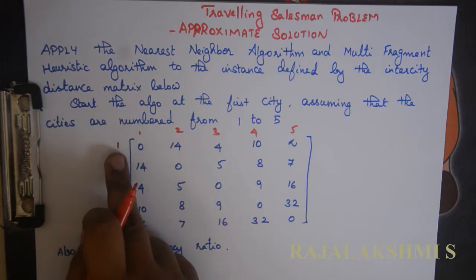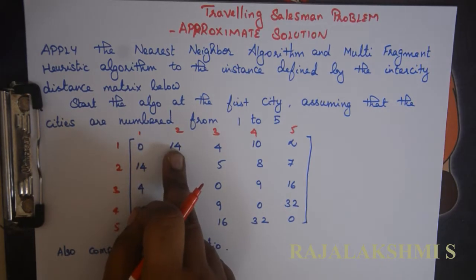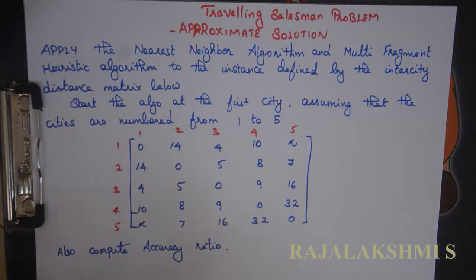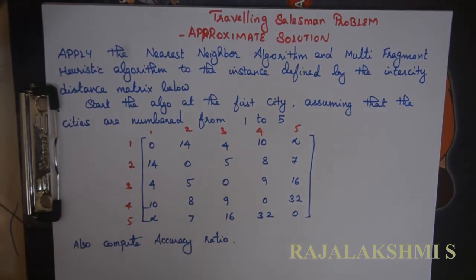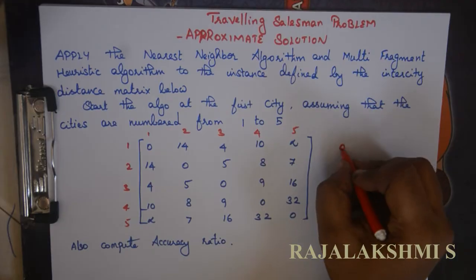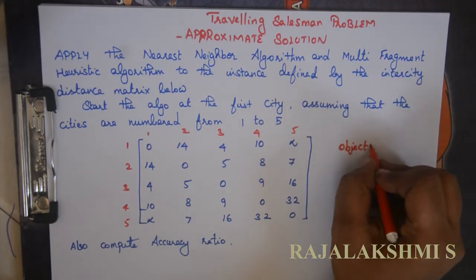That is, the distance from city 1 to city 1 is 0. The distance from city 1 to city 2 is 14. The goal of the traveling salesman problem is to find the shortest path between the cities, that is, the shortest tour. The objective is to find the shortest tour